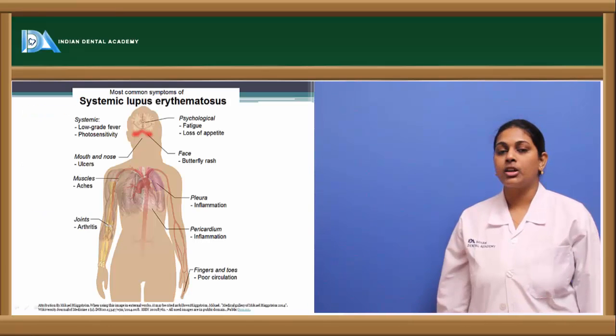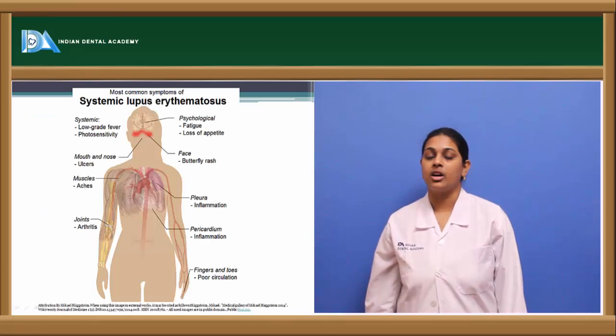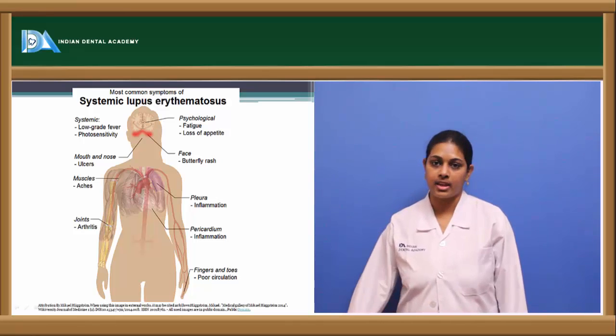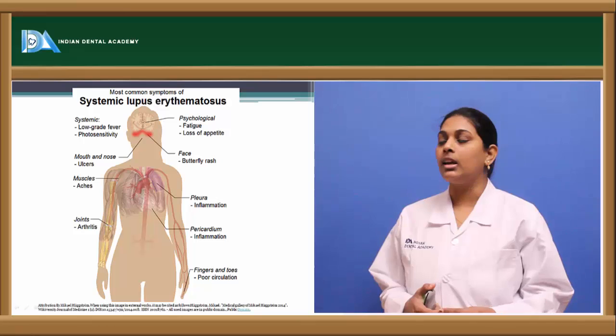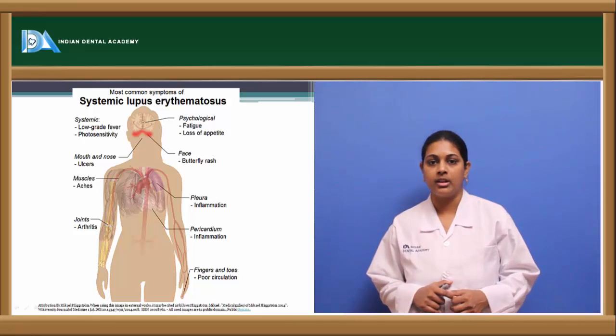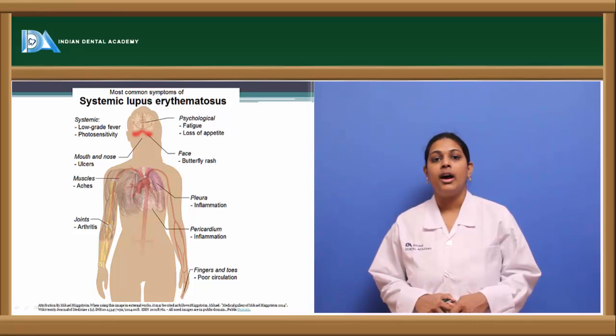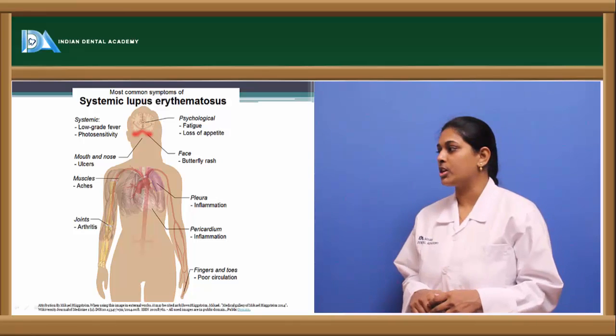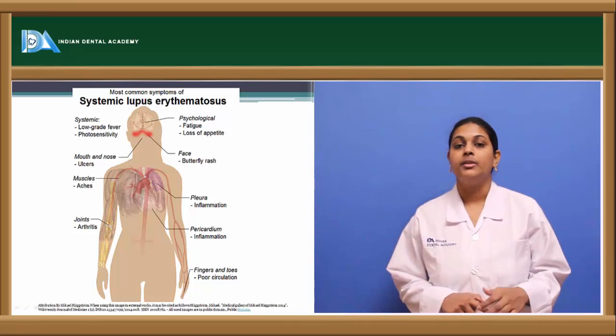And coming to the major clinical features, since it was first identified as a skin disorder, skin lesions known as the butterfly rash have been observed, where the rash extends from the cheekbones and covers the nasal bridge. So this is one of the characteristic features, as already explained. Coming to the systemic